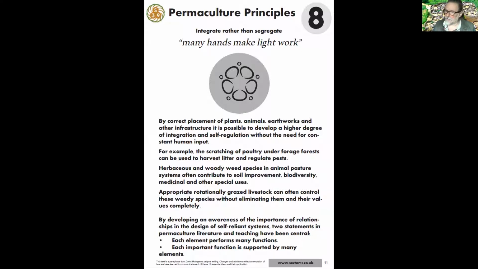Integrate rather than segregate. Many hands make light work. All of these imply people working together, and perhaps that's why I like that more humanistic interpretation of the icon. Is this the trade unions? This is cooperation. I'm committed to cooperation,